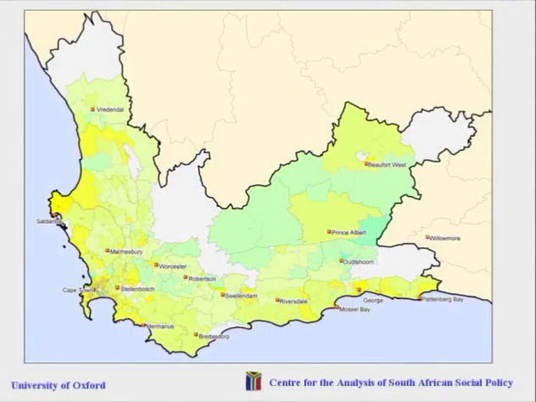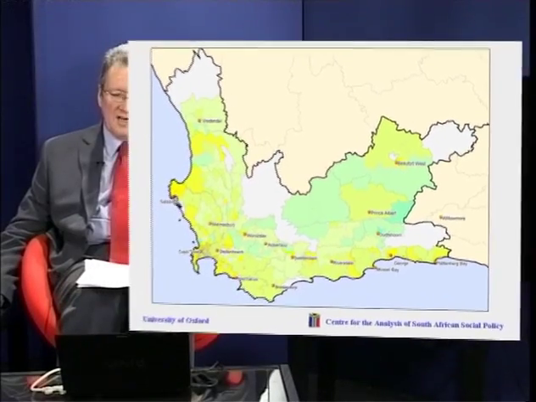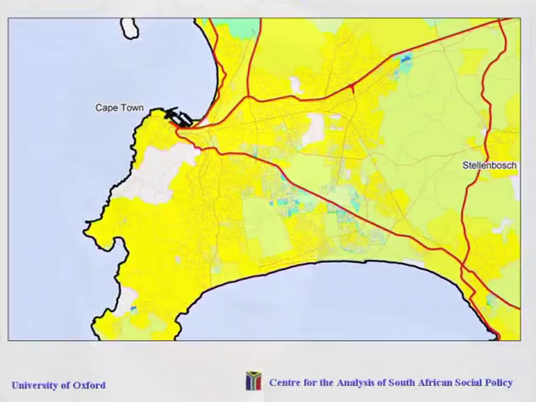You can see out in some of the rural areas, these green areas. These represent rural farming communities, and there's relatively large amounts of deprivation in there for the Western Cape, though in the absolute national picture they don't figure in either the 10% most deprived or the 20% most deprived. However, the index isn't without its uses even in the Western Cape, because if we drill down now to the city of Cape Town, what you can see within the city of Cape Town are a number of blue areas, not as dark a blue as to put them in the most deprived deciles,